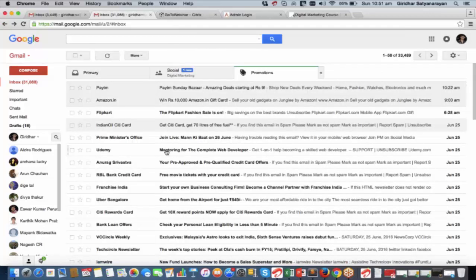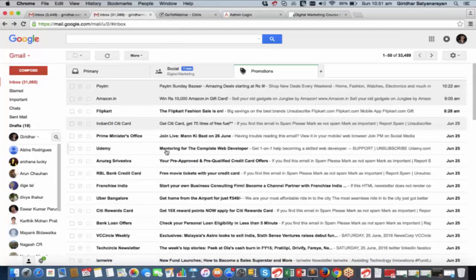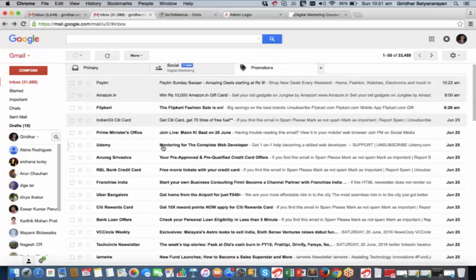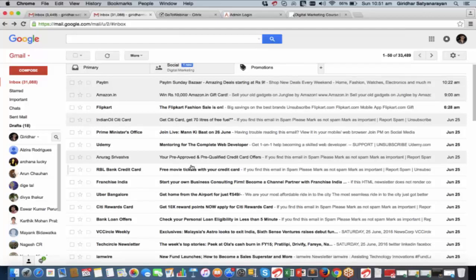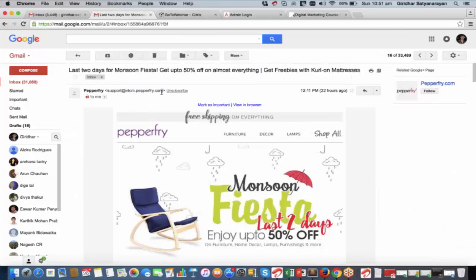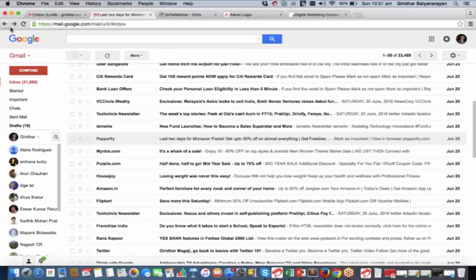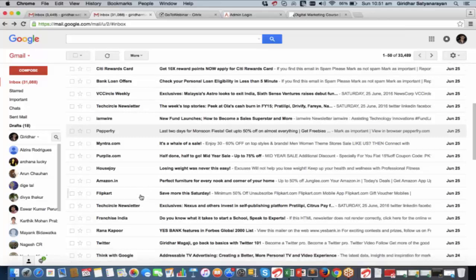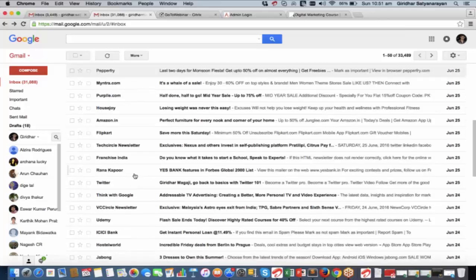So yeah, again, more or less the same email. And that is the reason it's always going to promotions. Pepperfry. Now this is going through a subdomain. That is because again I've registered on Pepperfry, that is the reason they're sending me this email. Say Yes Bank. This is again a registered email because I registered through Yes Bank.